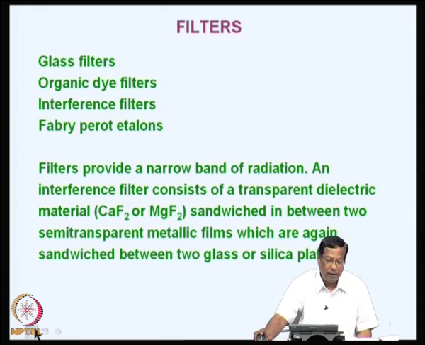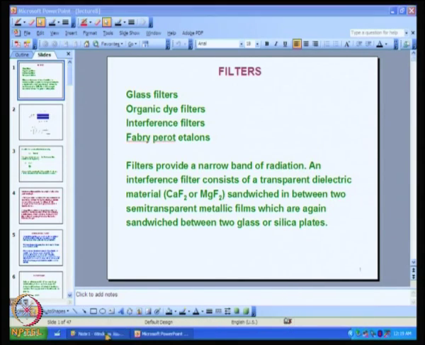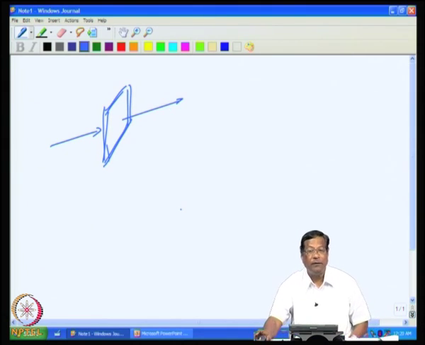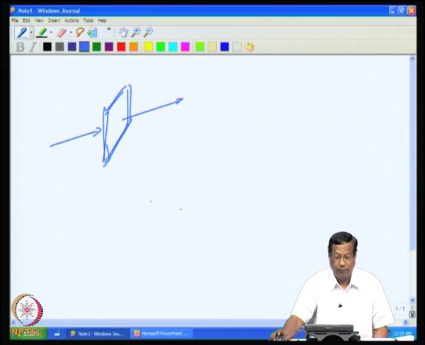And these glass filters, for example, are simple glass filters like this, and they are all colored. So, you could see that if you use any glass like a goggle or something like that, you would see only the specific colors that are visible, and it would be interesting to use glass filters, but these glass filters do not have the choice of variety of wavelengths. So, they are of limited use and useful only for